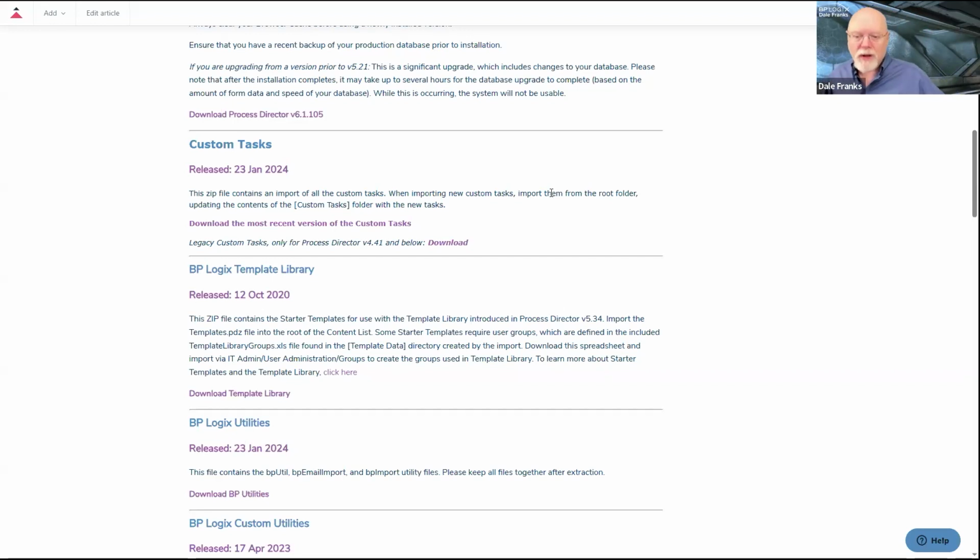So the current custom tasks we have are pretty backwards compatible. Anything from 4.5 to now, they work on. So that's 7-8 years worth of different product versions. Actually, 2 different product versions, going from 4.5 to 6.1, so 4, 5, and 6. That's a pretty wide range of compatibility, but this is where you would go, and this is where you would download them.